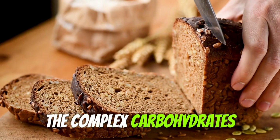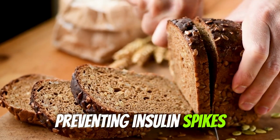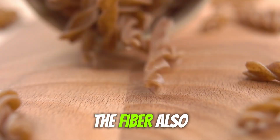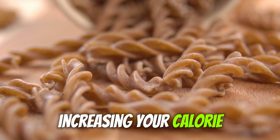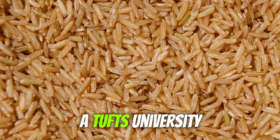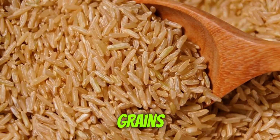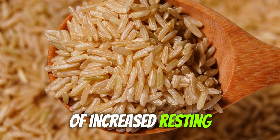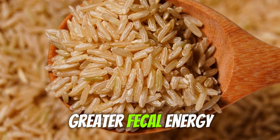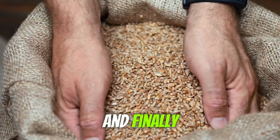The complex carbohydrates in whole grains stabilize blood sugar, preventing insulin spikes that trigger fat storage. The fiber also requires significant energy to digest, increasing your calorie burn during digestion. A Tufts University study found that people who ate whole grains instead of refined grains burned an extra 100 calories daily through a combination of increased resting metabolic rate and greater fecal energy losses, without changing anything else about their diet. And finally,